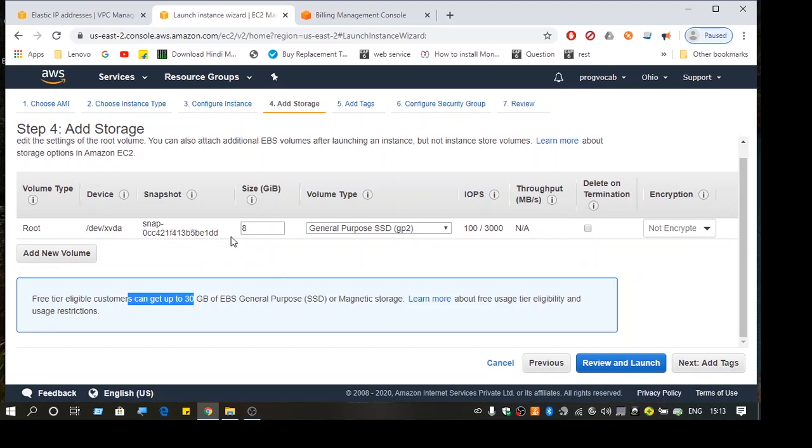And you can see the option delete on termination is unchecked, because if you stop or terminate the instance, you don't want to lose the files you have created or moved into the instance.